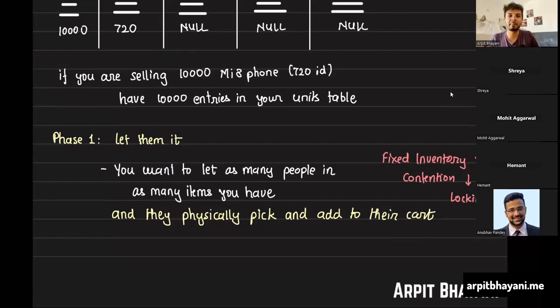Now, in the physical world, what would happen? The person rushes in. When the person rushes in, the person grabs the first phone that they find. But how are they grabbing the first phone that they find? They are physically going, seeing the first phone which is available, putting their hand on that phone, implying that they now own an exclusive lock on that phone. If you'd see someone else's hand on that phone, you would not go and snatch it. Some antisocial elements would, but consider that people would not do that, right? So that hand on that phone is equal to an exclusive lock.